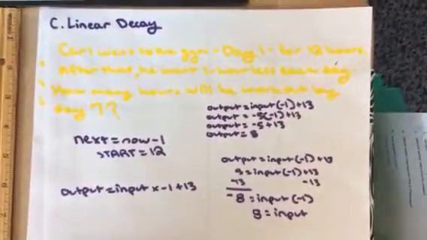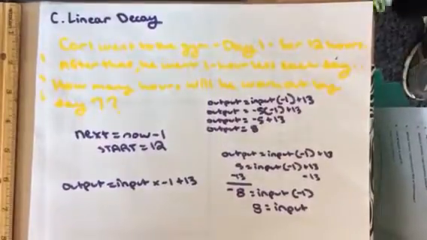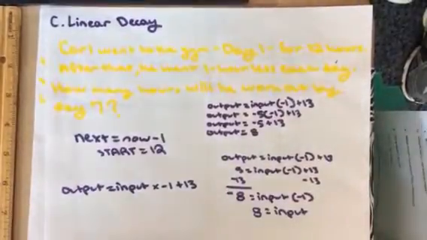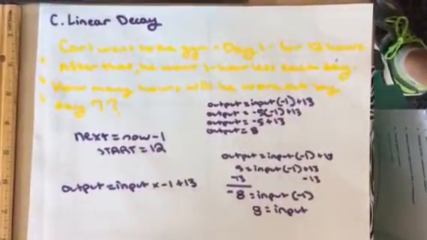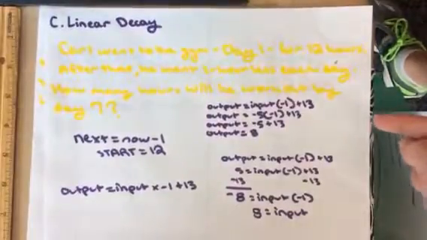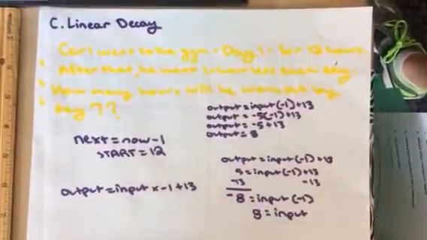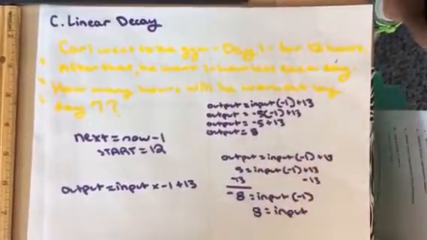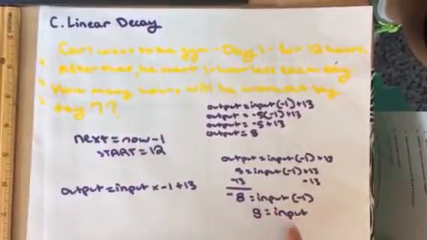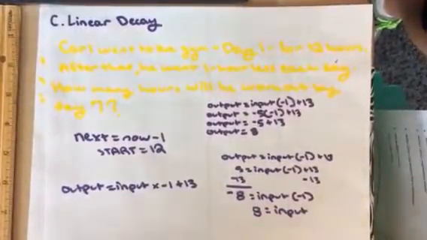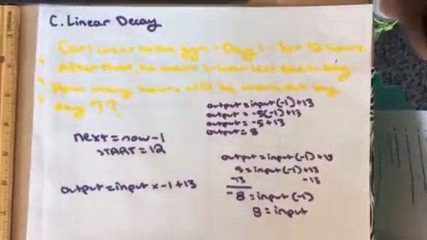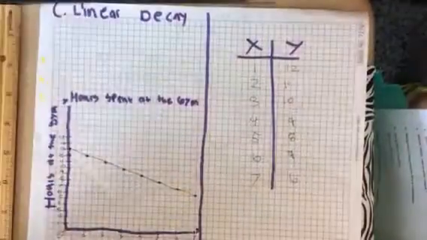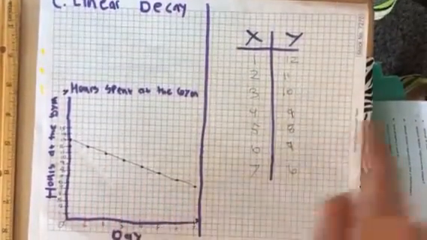So the next equals now minus 1, start is 12, and the output is output equals input x minus 1 plus 13. So then output equals input minus 1 plus 13. Output equals -5 minus 1 plus 13, and then you get 8. Here's another example. Output equals input minus 1 plus 13. You plug in 5, and then you would get 8 also. Here's the graph, and here's the